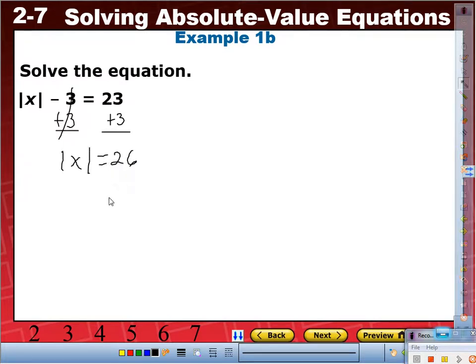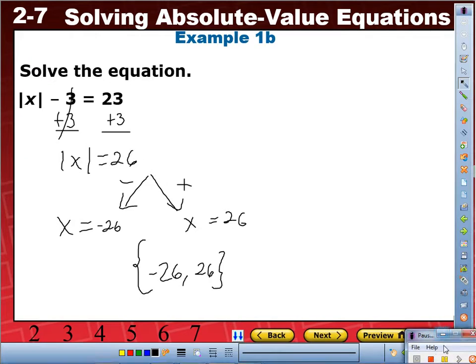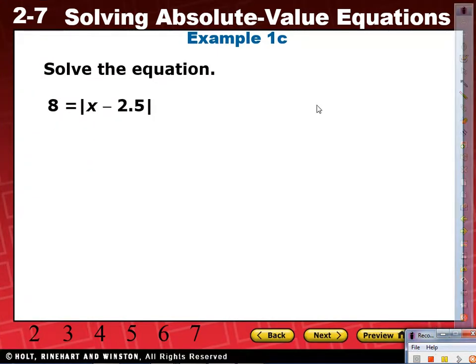Do we know what to do with this? Yes. One negative 26, so x equals negative 26, and one positive 26, so x equals 26. Therefore the solution set is negative 26 and 26. Copy that, please. That was example 1B. Copy example 1C down, please. Example 1C, solve the equation: